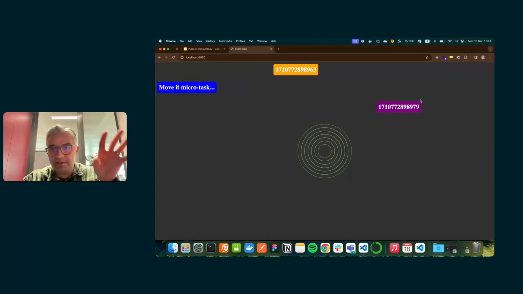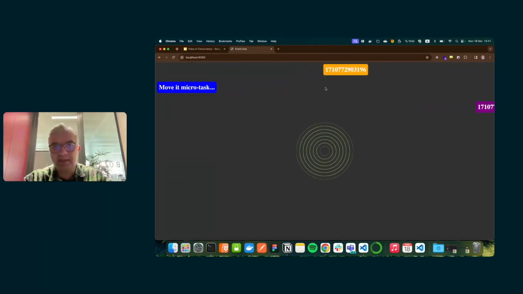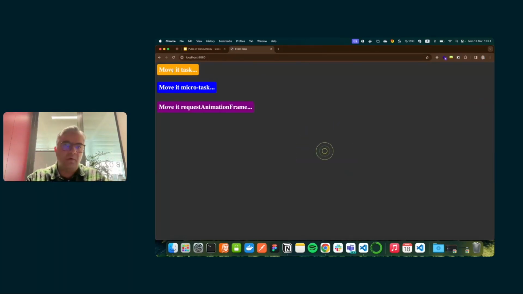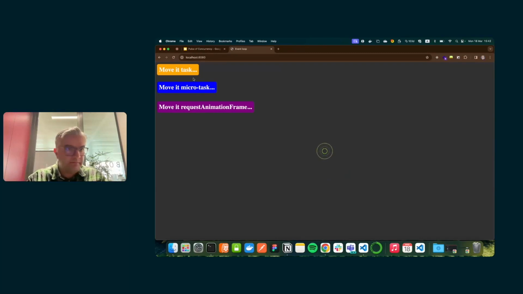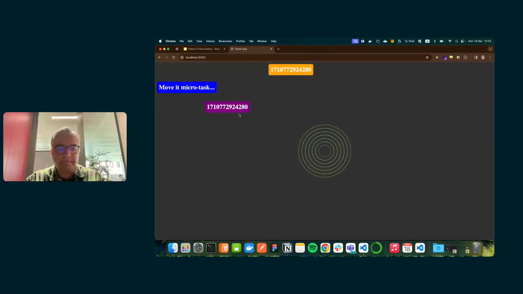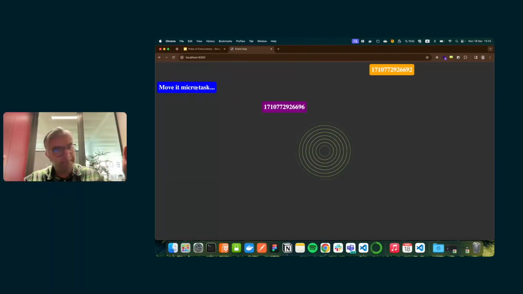Because the browser treats it totally differently, 60 frames per second and how it should run. In old animation frames, you might see 1000 divided by 60 because they try to do 60 frames per second. Because of that, I was doing that. As you see, it's not the one that we were looking for. So this one and this one, yeah. And if I click on microtask, boom, done.